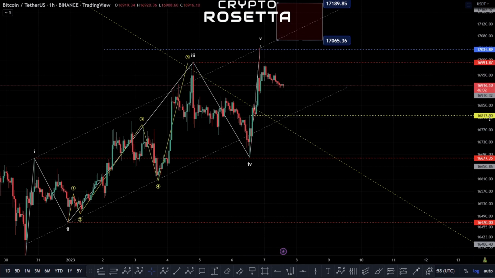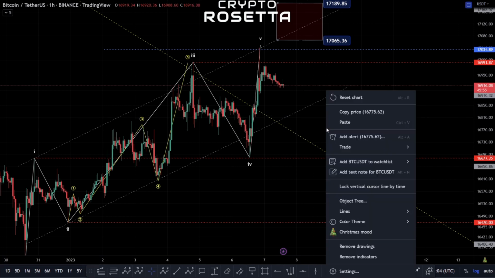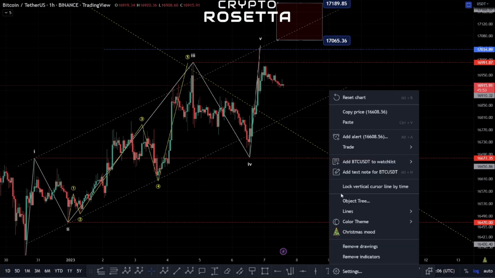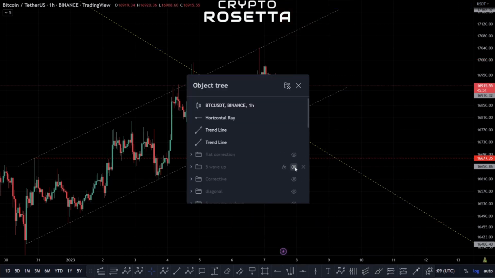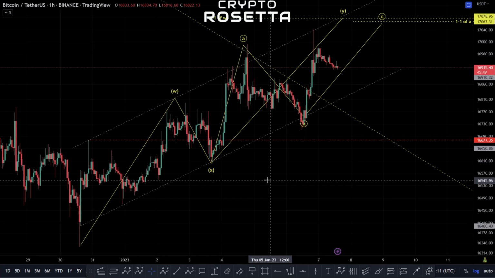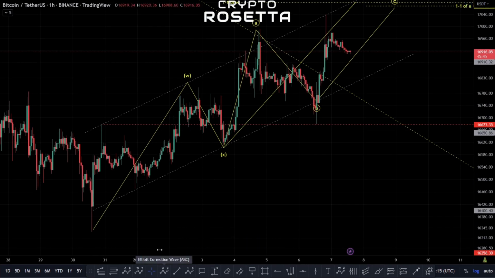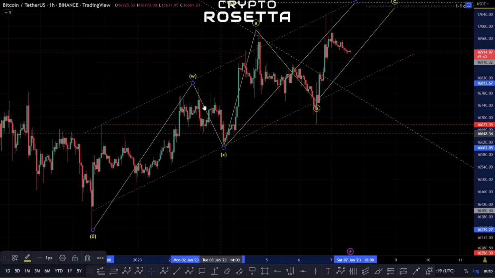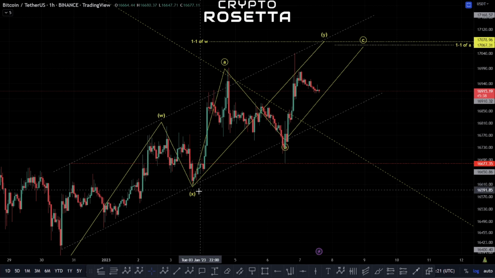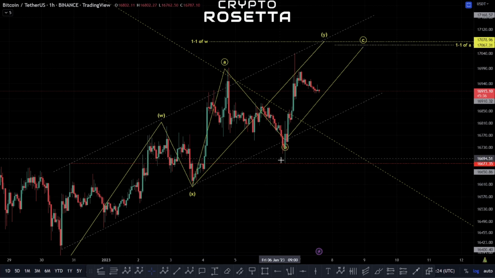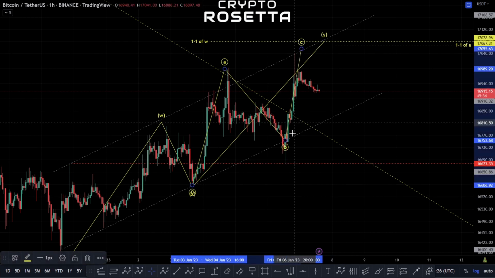Like I said, losing this point here of the 16,817 would indicate we have something else going on. Okay, so let's talk about this. There is also a way of just reading this as a corrective pattern, and basically within this we'd look at this as an A, a B, and a C into this for a W. This is an X wave, and then we could have this as an A, a B, and potentially this is a C